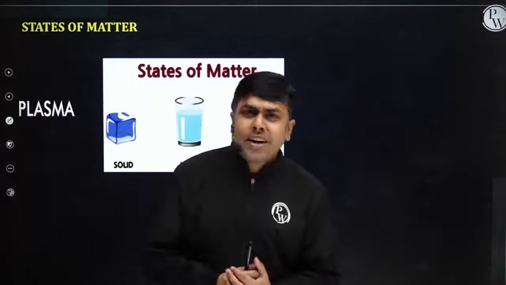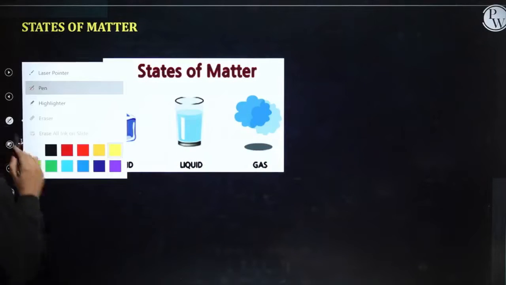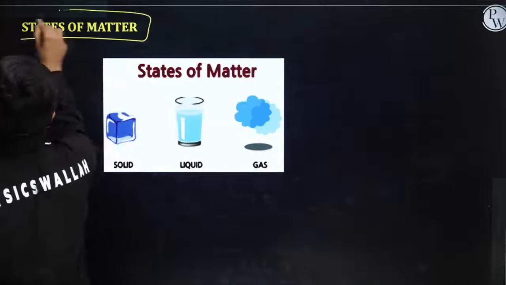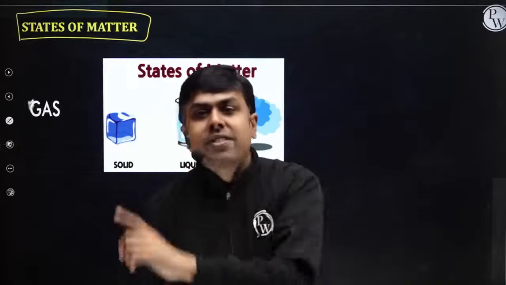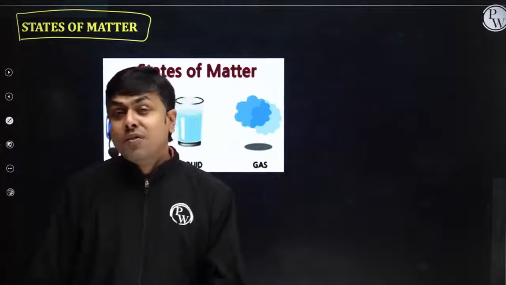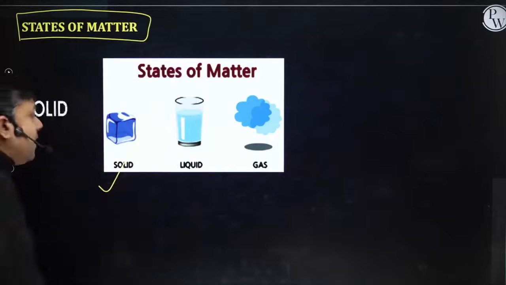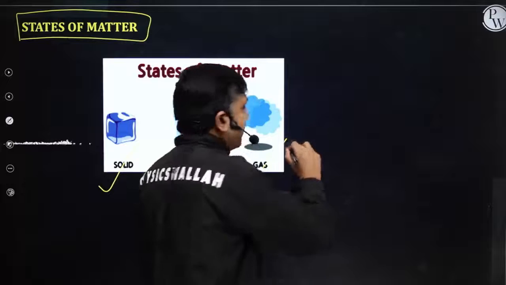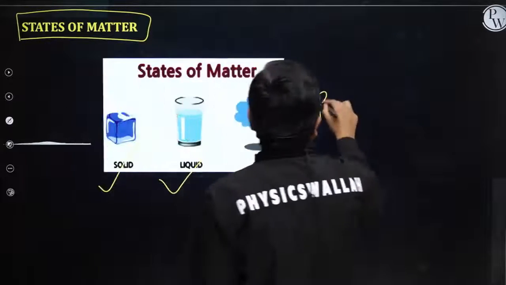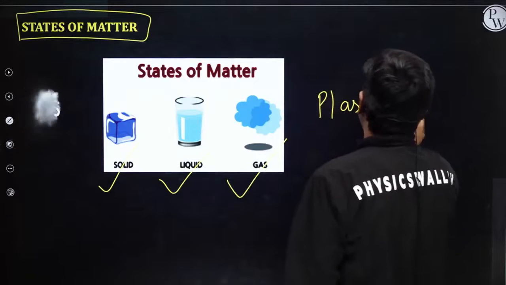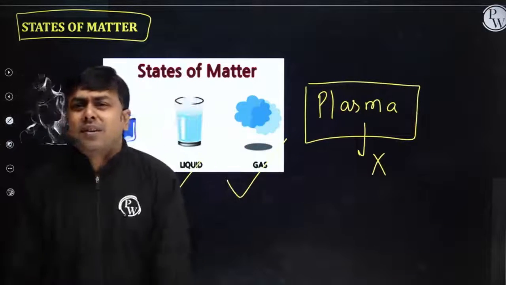So students, if I talk about today's class, let's start with classification of states of matter. Students, if we talk about the classification of the different states of matter, from the examination point of view, we have to study only three states of matter, that is solid state, liquid state and the gaseous state. Although one more state of matter is there, and that's nothing but the plasma state, but we are not going to discuss this plasma state, right? It's not there in our syllabus.